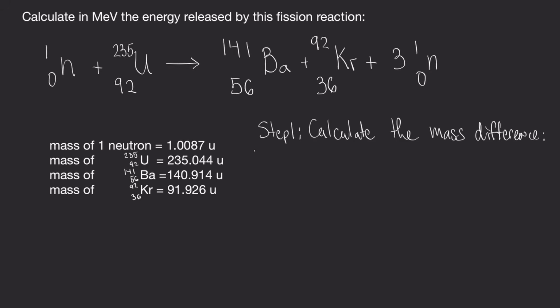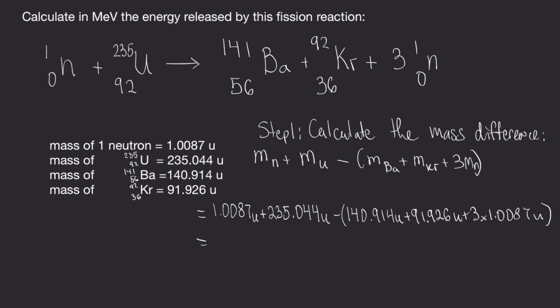So we'll need the mass of a neutron plus the mass of uranium. And then from that, we're going to take away the mass of barium plus the mass of krypton, and then plus the mass of 3 neutrons, close the brackets. Essentially the total mass on the left, take away the total mass on the right. Let's change that to 3 times the mass of a neutron to be more specific. Now we're ready to plug in lots of numbers and be really careful with our calculations. And we're going to get approximately